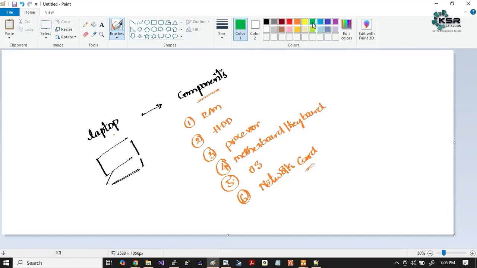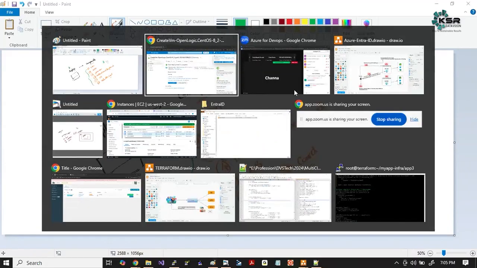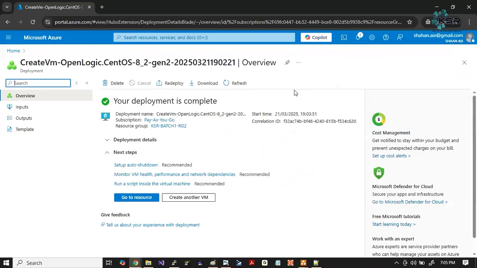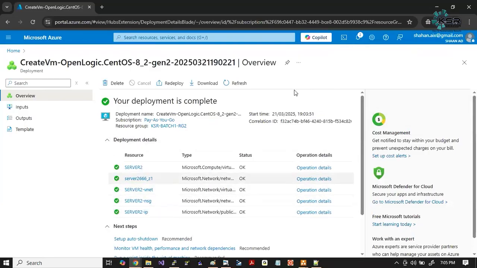If you observe carefully, guys, what am I purchasing? I'm purchasing only a laptop, right? But whenever I purchase a laptop, what are the different components that I'm getting? All these are the different components that I'm getting. Hope you guys agree with me: when I purchase the laptop, we get all these components, yes or no? Yes. Likewise, whenever I create a virtual machine,